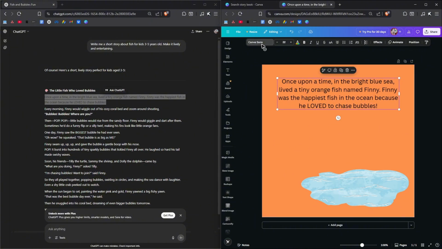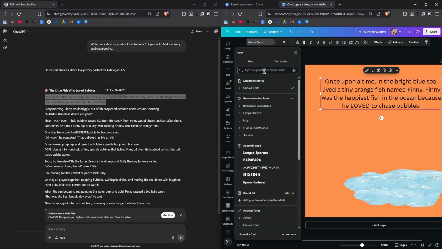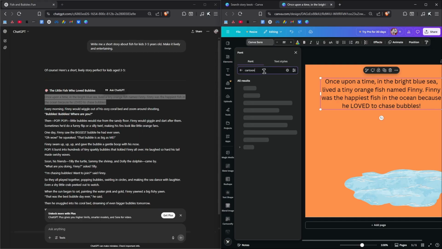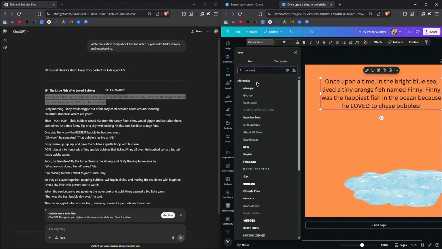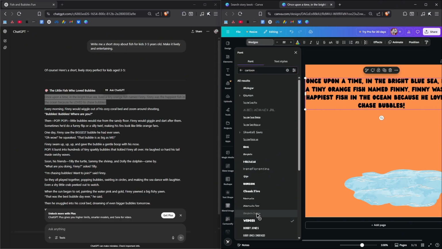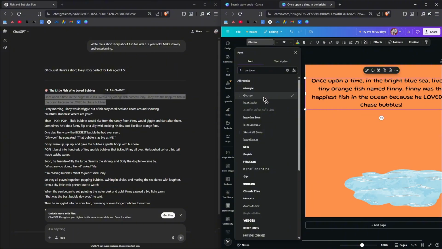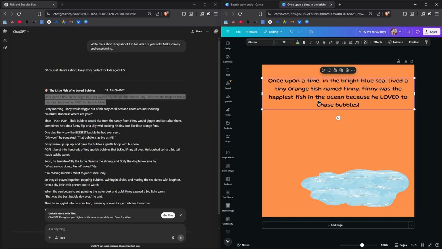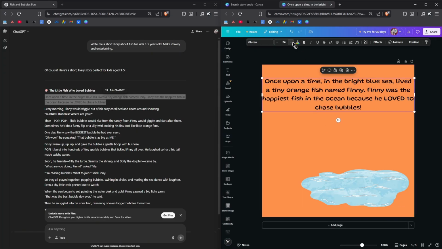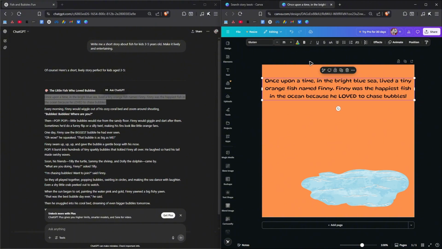Then go ahead and just select a font. It could be cartoon, like so. As you can see, we have a ton of cool looking fonts here in Canva. All right, maybe I'll be using wedges. Not quite. Maybe gluten. This one's awesome. All right, you can go ahead and change the font color and the font size. Now, once you're happy with it,